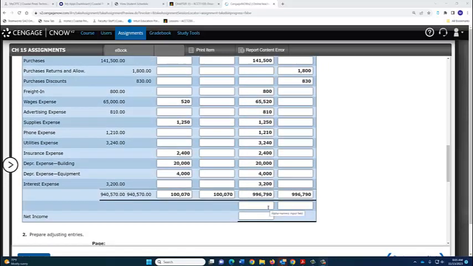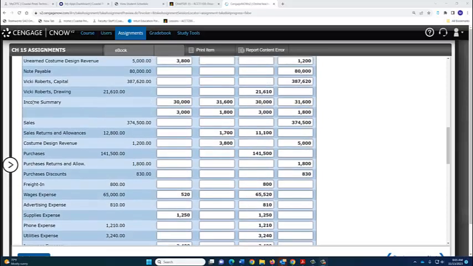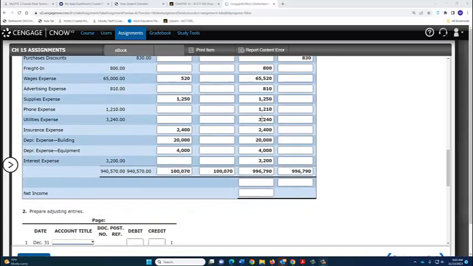If I were doing that on the income statement column, I would start at income summary, because on the worksheet from income summary down, the figures go on the income statement. All figures above income summary go on the balance sheet. So if I start at 30,000 and add all the figures down to the 3,200, I'm going to get